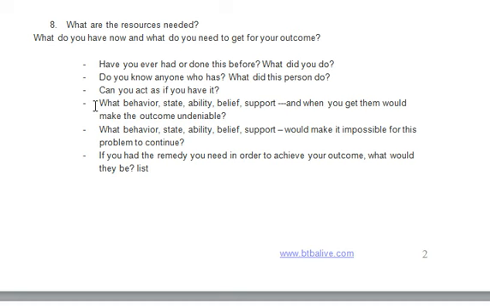It's very important to list that down, exactly what you have to believe, from the confidence to the beliefs to every single part. The next is what behavior, state, ability, belief, support would make